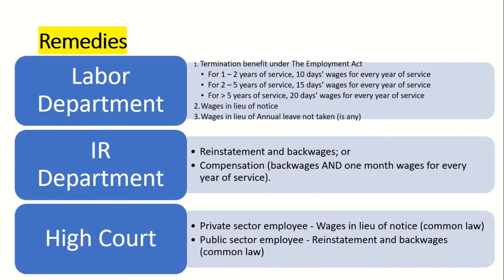Okay, under IR Department, the first remedies is reinstatement and back wages. Reinstatement adalah employee tu diambil balik bekerja semula dengan company yang dia kena pecat tadi pada position yang sama. Dan dia juga dapat back wages, gaji yang terkebelakang. Gaji yang sepatutnya dia dapat dari tempoh dia kena pecat sehinggalah kes tu selesai, sama ada di Industrial Relations Department ataupun di Industrial Court. Itu adalah back wages.